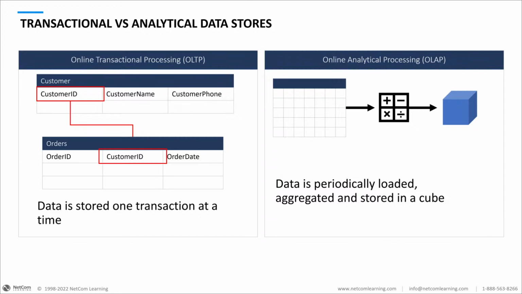But an analytical system would be something that you would use Power BI with, or you might use multi-dimensional cubes to do analytics of data. And generally, OLAP systems are going to be used for looking at historical trends and for features that will help the system improve sales and those sorts of things.